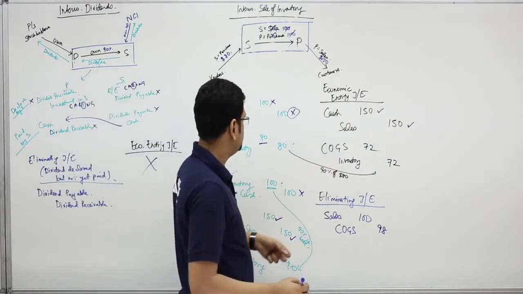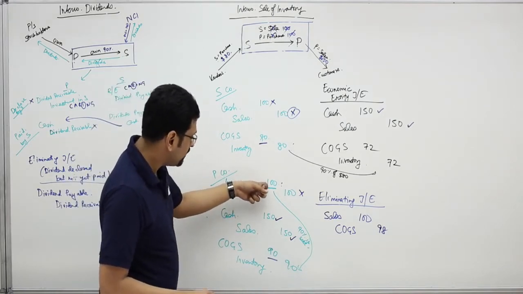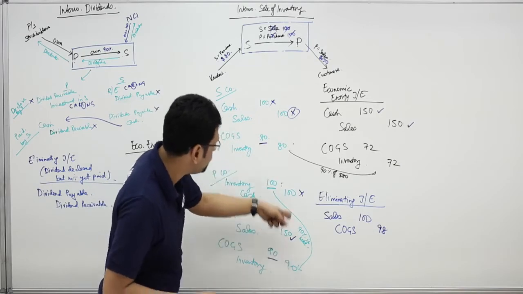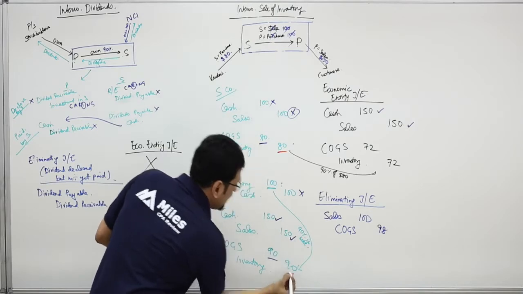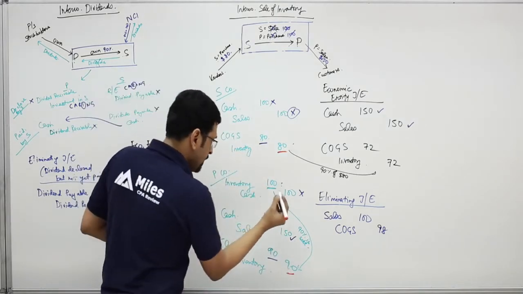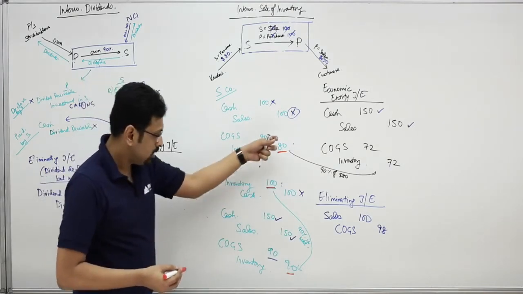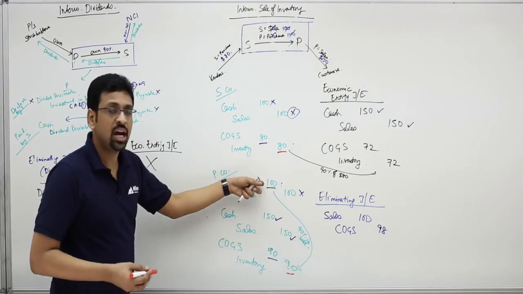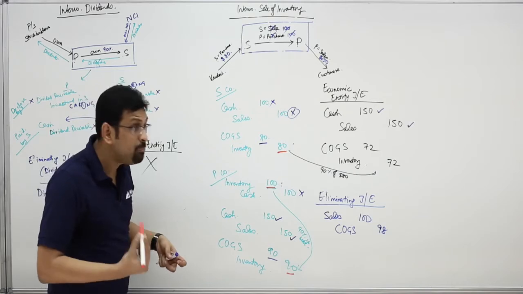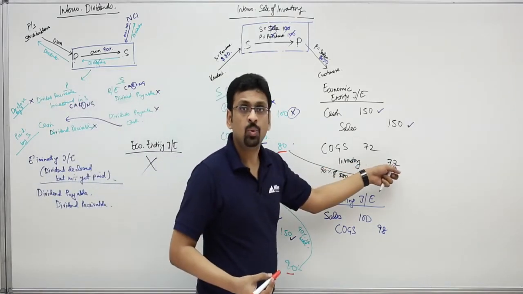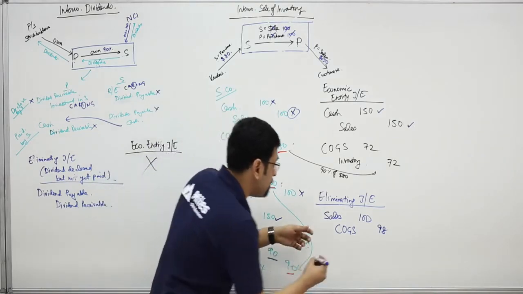Now, let's look at inventory. Inventory came in at 100, debit 100 here, and the credit to inventory is 90 plus 80. If I use the red pen for inventory, this is 80 and 90. 170 credit, debit is 100. The net credit to inventory is 70. 90 plus 80 is 170, minus this 100 debit, 70 credit. How much should inventory have been credited? 72. So you need to credit inventory further by $2. So that becomes a part of your